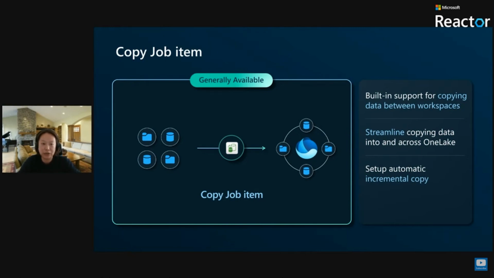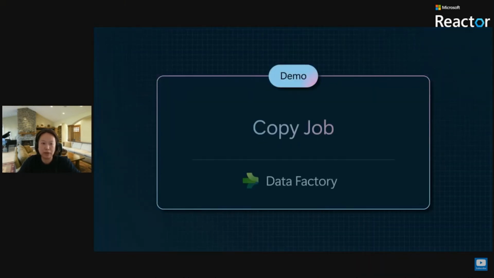So you can just directly go to Microsoft Fabric and use that. We want to ensure that the experience is very simple and very easy for you to configure. And Data Factory will manage that automatically to move the data at scale and make that performant for you. So next, I'd like to show you a quick demo about the copy job, which also will demonstrate all